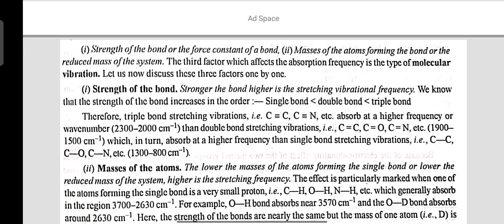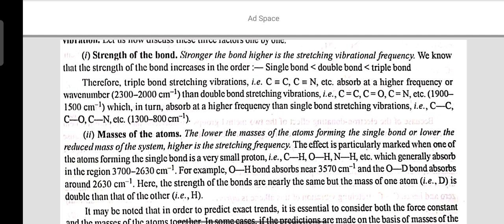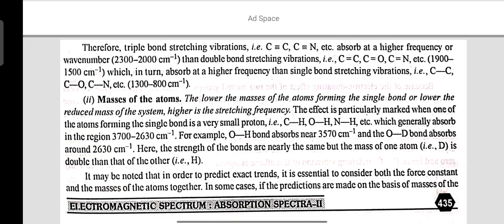We know that the strength of the bond increases in the order single, double and triple. Therefore, triple bond stretching vibration absorbs at a higher frequency or wave number than double bond stretching vibration. Masses of the atoms: the lower the masses of the atoms forming the single bond, or the lower the reduced mass of the system, the higher is the stretching frequency. The effect is particularly marked when one of the atoms forming the single bond is a very small proton, which generally absorbs in the region